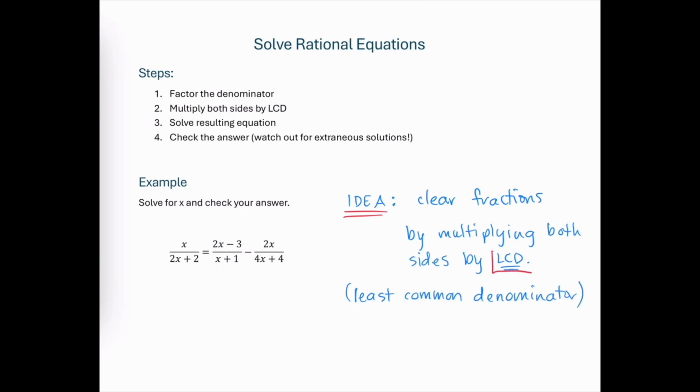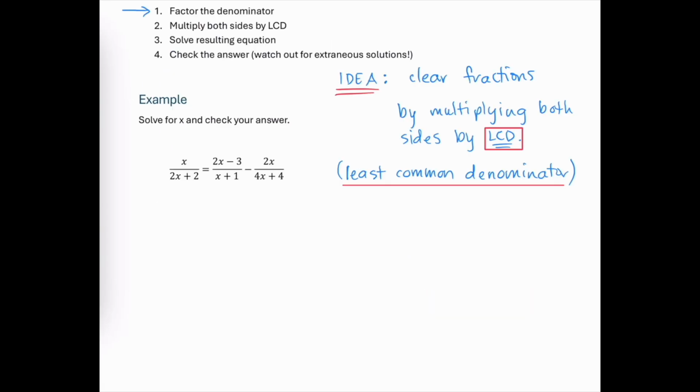And the LCD is, of course, the least common denominator. In order to determine the least common denominator, first we have to factor each of the denominators in all of the fractions. And so that's where we're going to begin. So our first fraction becomes x over, and we can factor out the 2 from the denominator to get x plus 1 that remains. The next fraction we have is 2x minus 3 over